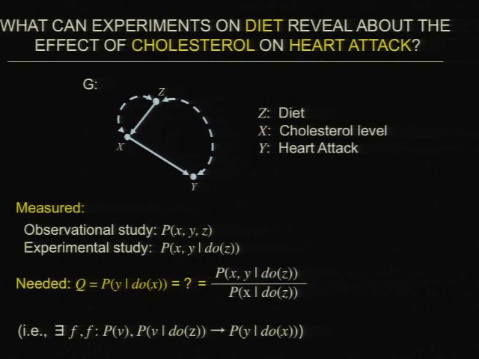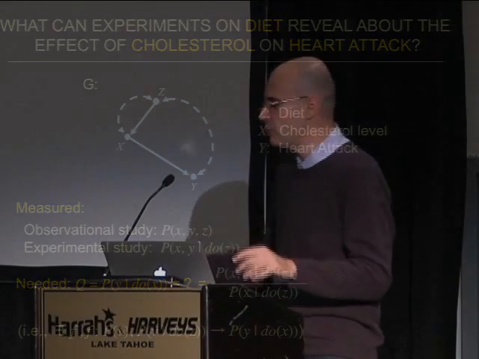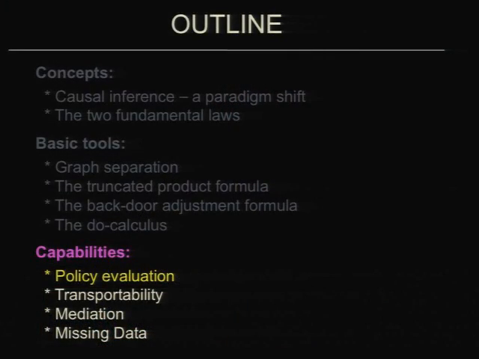Yeah, and what we're trying to do here, don't quit, is just find a function from this G, P of V, and P of V given do Z, to P of Y given do X. This is our goal at the end. This is nice. And what I'm talking about here, or the culmination, or originally what we believed the do-calculus